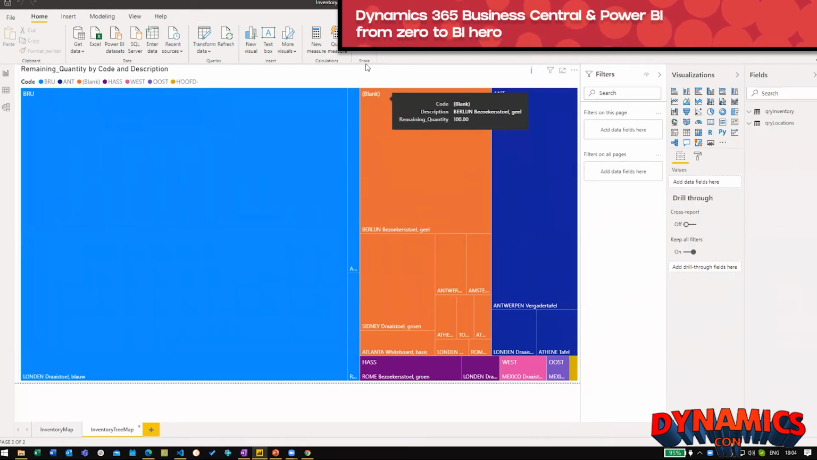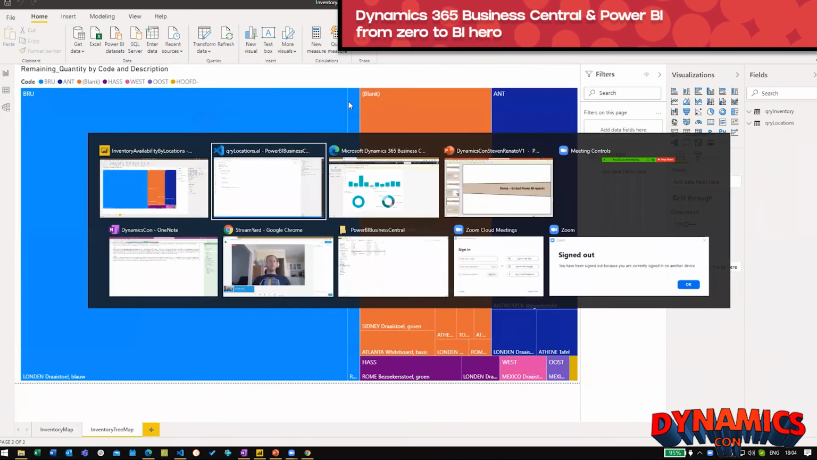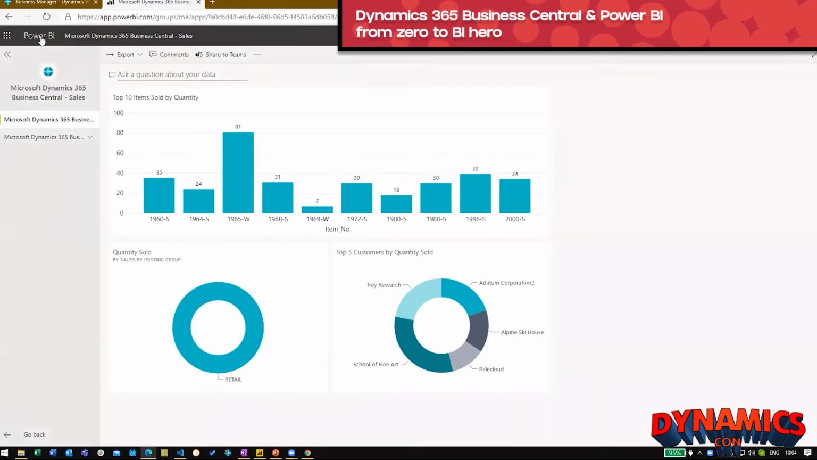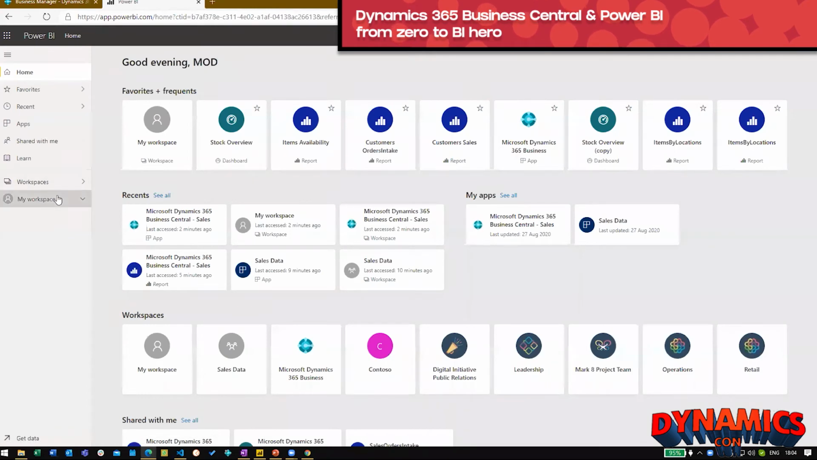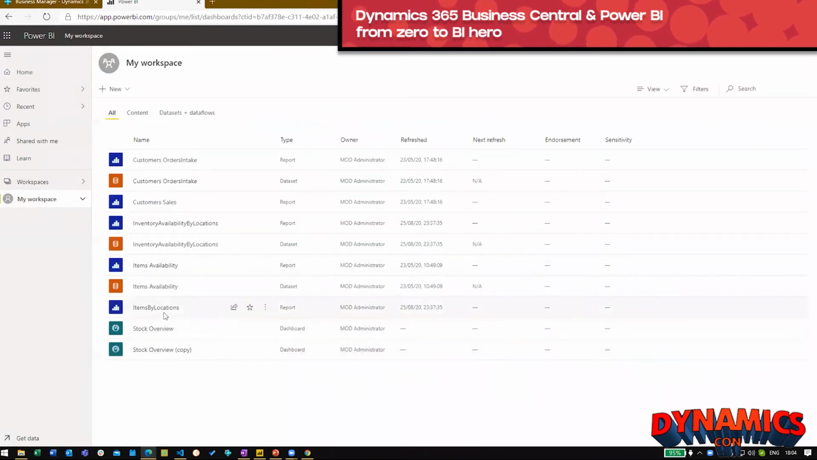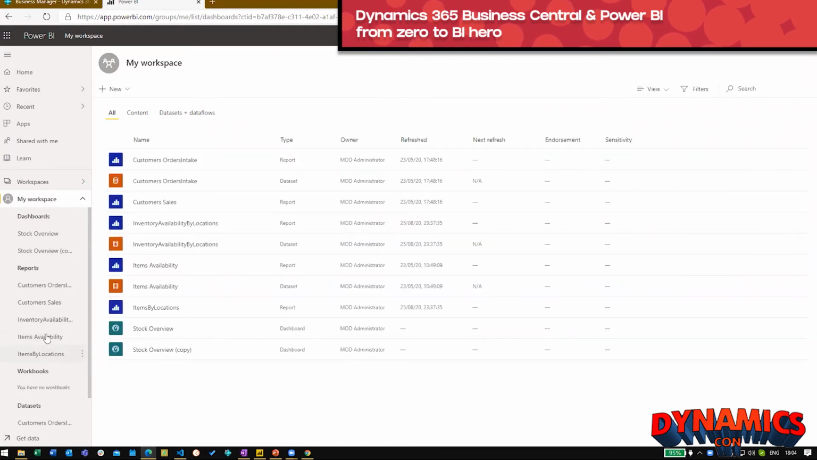Now I can publish this to my Power BI service. And what I will get when I navigate back is the items by location report and also the dataset, inventory availability by location. If I navigate here,